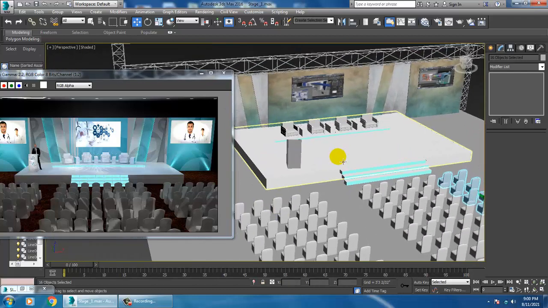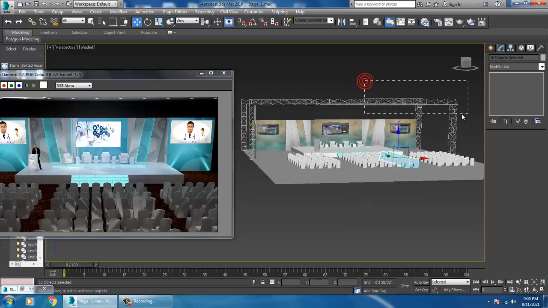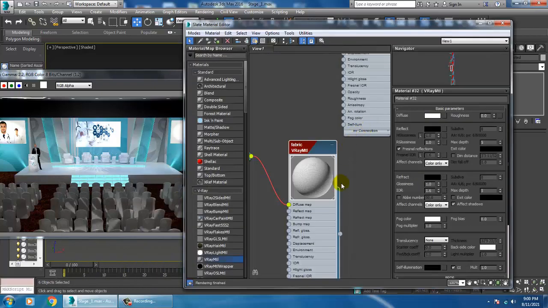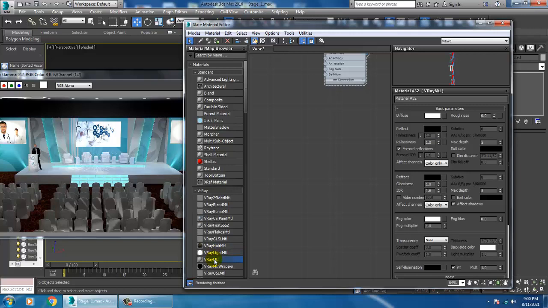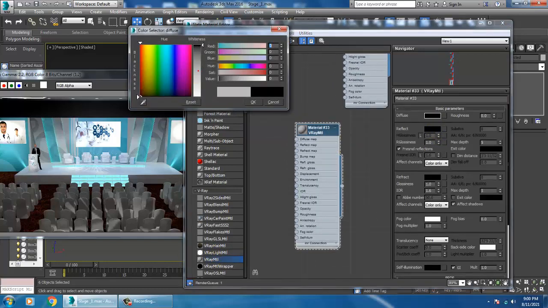So once you're done over here, we can just select this. Let's go into material. Let's take a V-Ray material and give a black color.